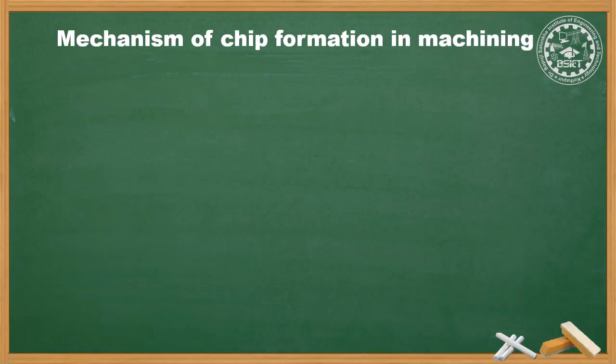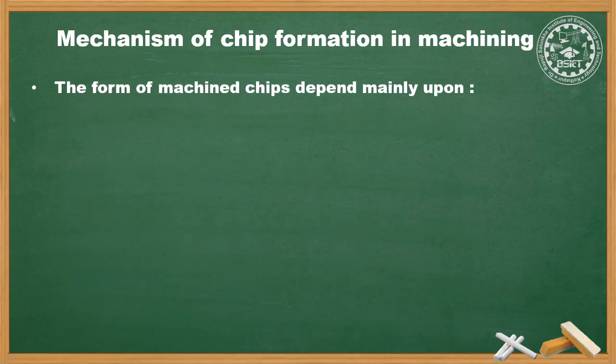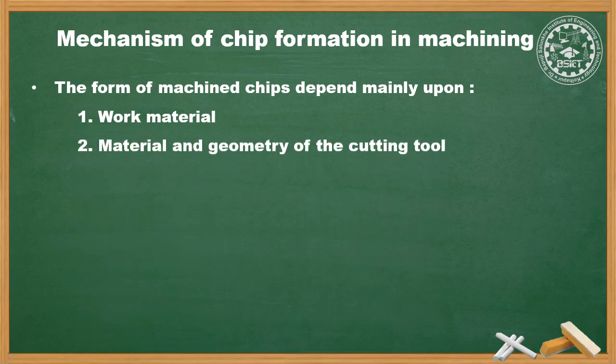There could be a number of factors which decide the form of machined chips, but mainly the form depends upon the following conditions. Number one, work material. For example, ductile material will have long chips, whereas brittle material will have short or segmental chips. Second, material and geometry of the cutting tool. The material of the cutting tool should be harder than the work material, which is the basic requirement of a cutting tool. The material and geometry of the cutting tool play the most important role in the chips formed after machining. Third,